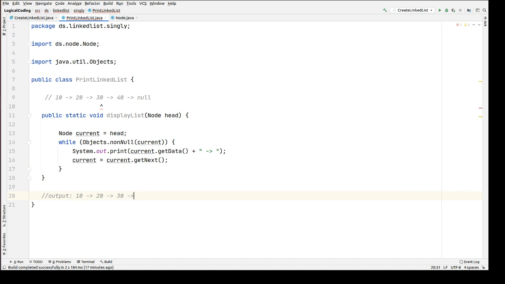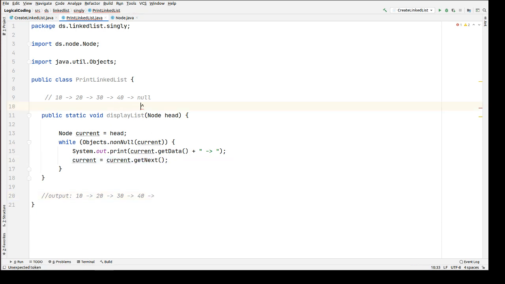After printing this value, we move the pointer one step ahead, and it will be pointing to the fourth node which has data 40. The updated current value is again compared with null. It's not null, so it prints the current node value which is 40, and we move our pointer one step ahead.